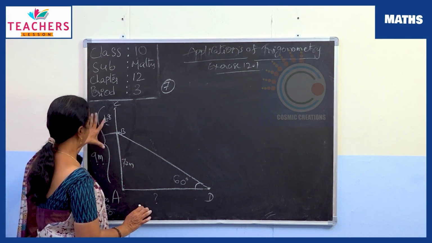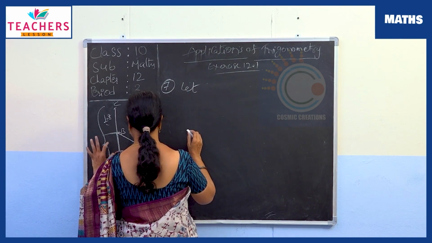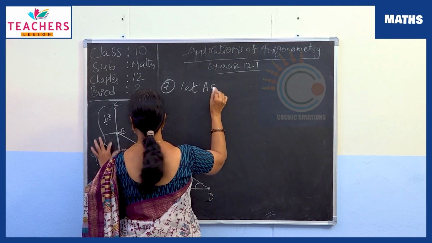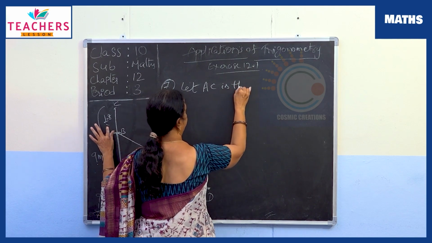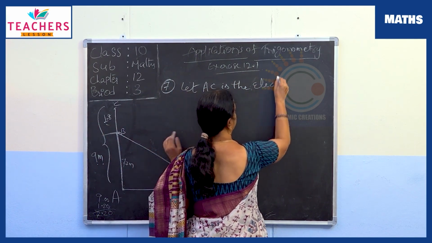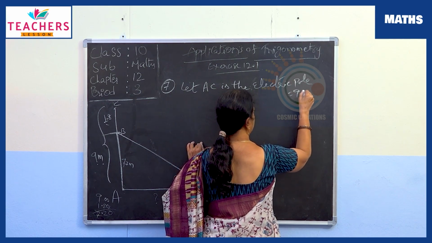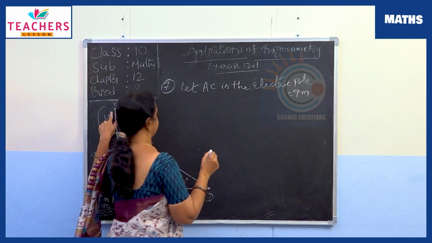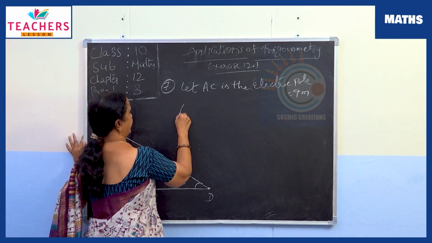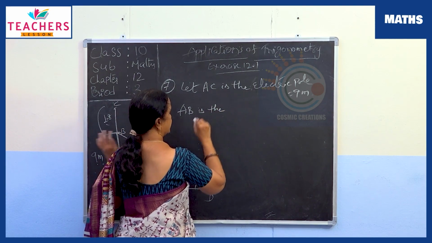Next, I am writing what was given. From the data, I am writing. Let AC be the electric pole. AC is equal to how much? 9 meters. And AB is the